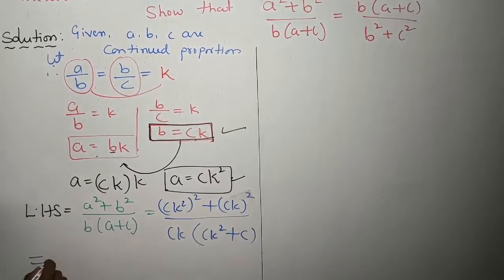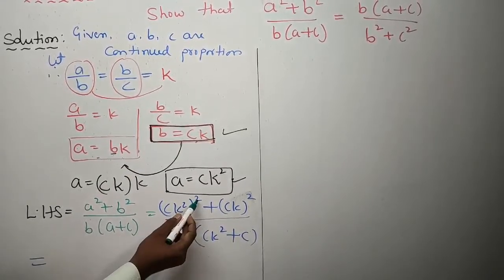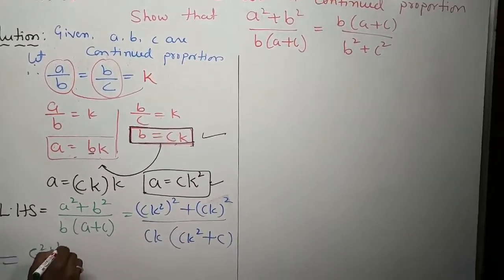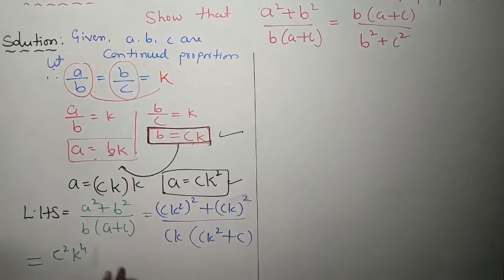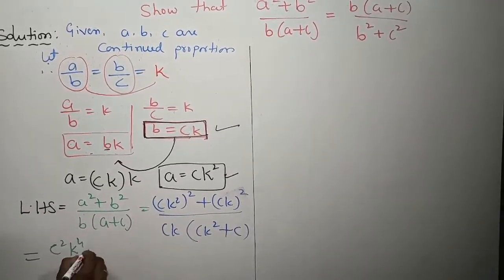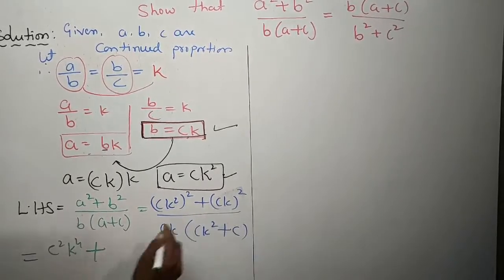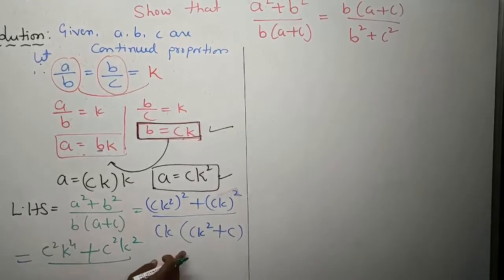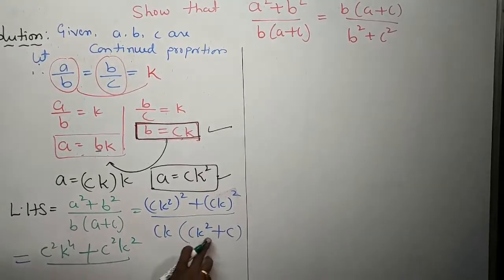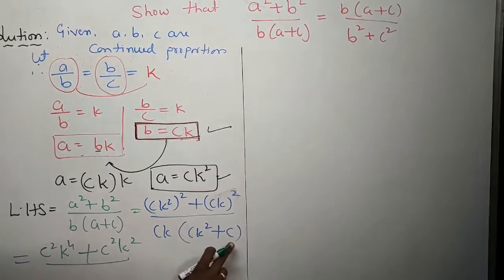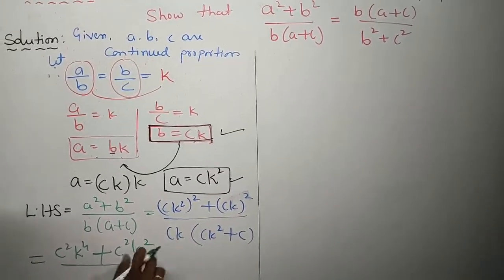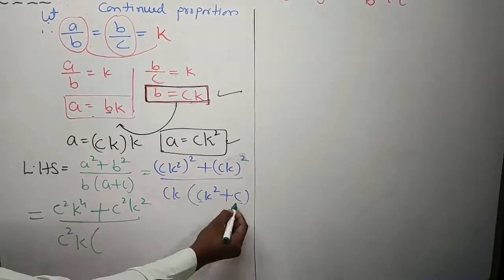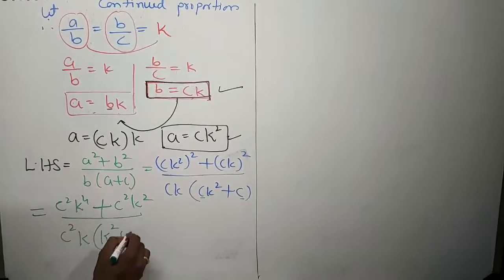What is the next step? Remove the square coming inside, that means c². (k²)² became k⁴, plus. What is the next step? Plus will come. Then (ck)² means c²k², upon this one. I will not remove the bracket. In these two, which is the common factor? c and c are the common factor. c came outside, it became c²k only, children. Remaining inside, what will come? c came outside, so inside k² + 1 will come, children.